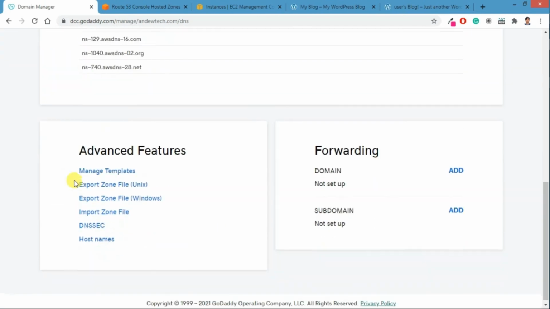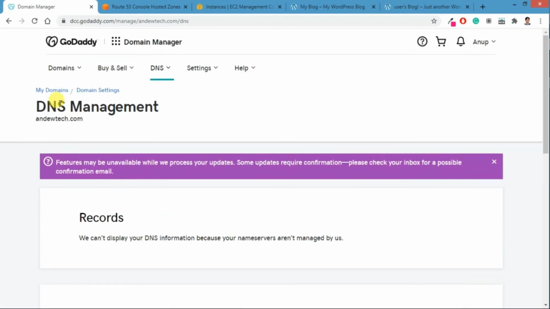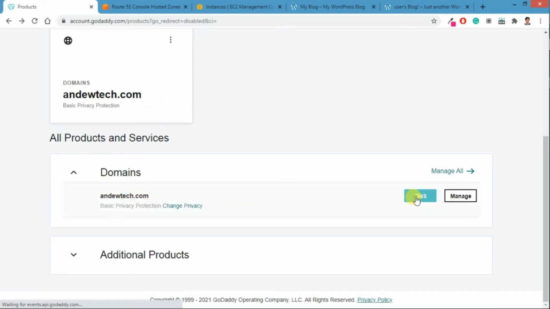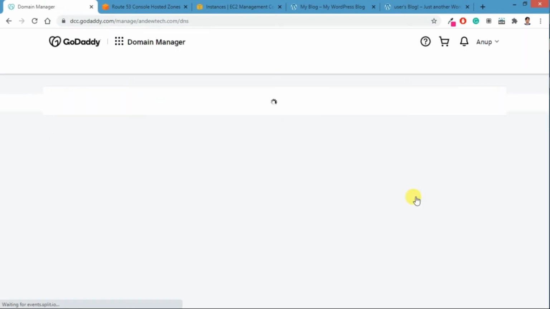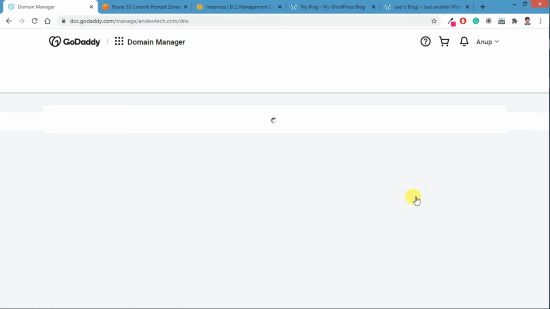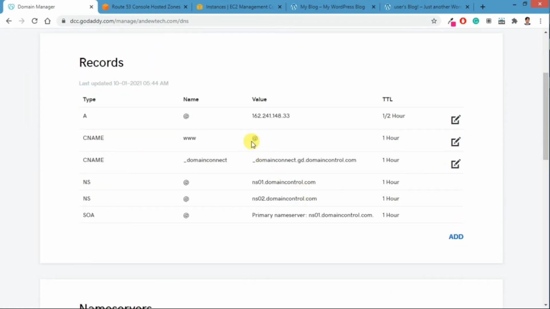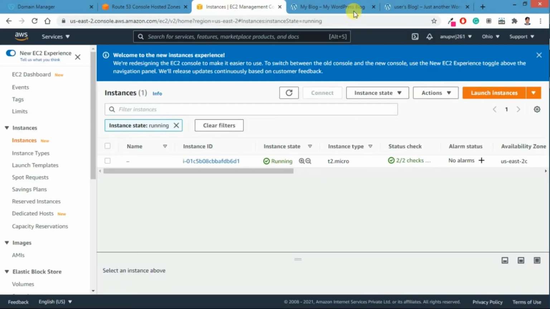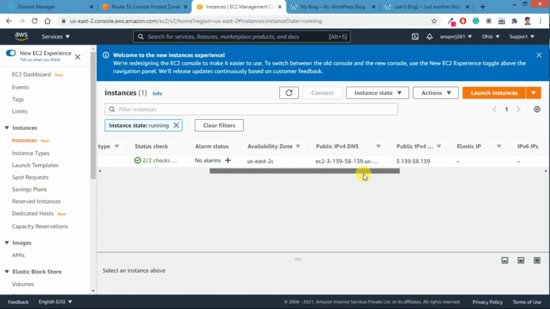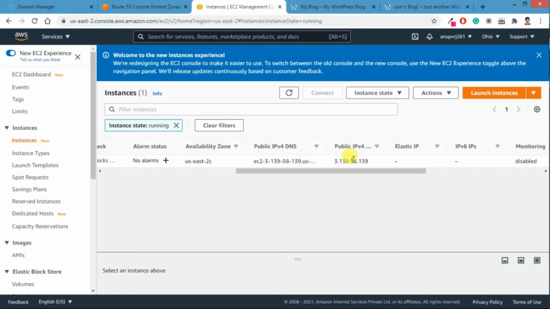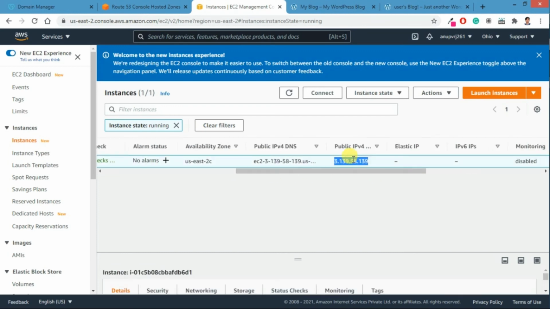So again, I'll go here. I'll choose the easy way. So here is our domain, and just click on DNS, and here we have to just update the A record. Right now it's showing some different IP address of a different server, right? And now which one do we want to add? Our instance ID is this. If you want to find it from here, this is your public IP. You can copy it, and the same we have just added into hosted zones.